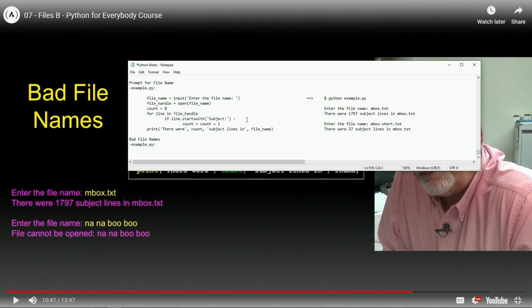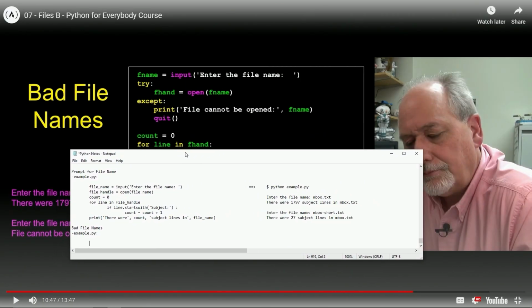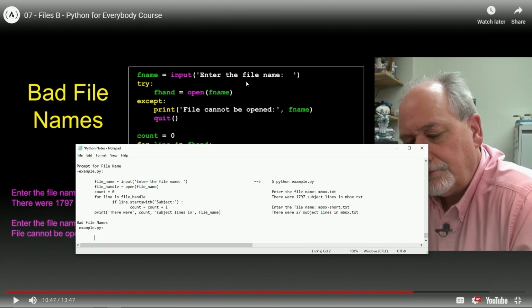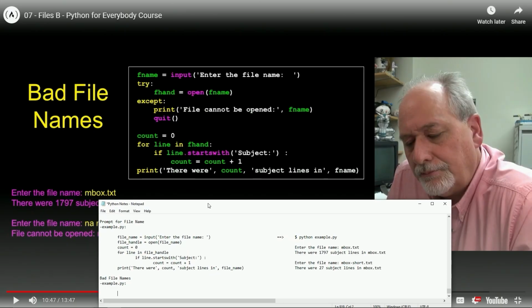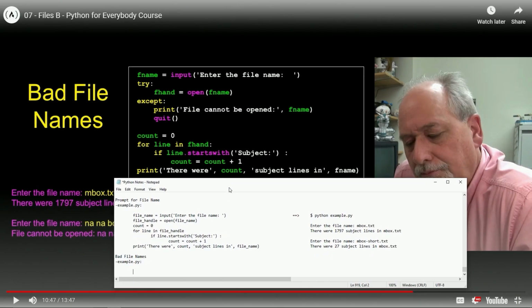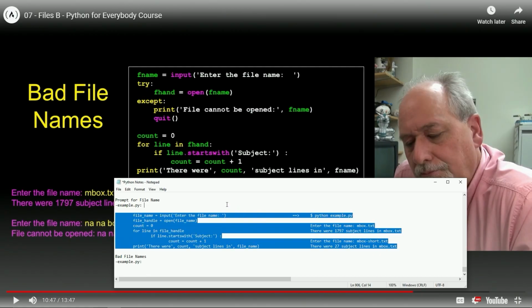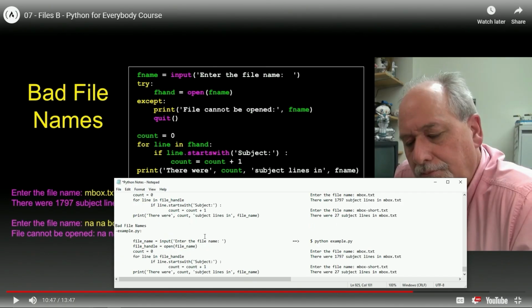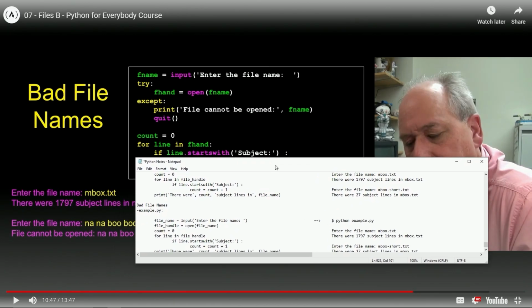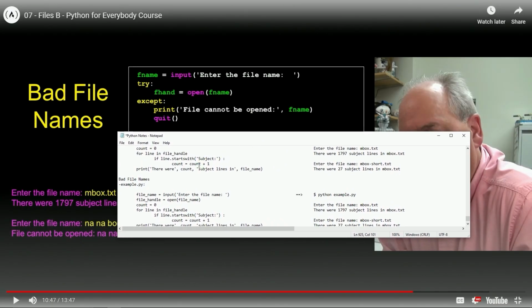All right. So what we're going to do is look at this. Okay, same thing that we got here. So all we're going to do is insert the try and except into the code we already have. So let's do this. Let's take all this. All right. And let's drop it off like this. Okay. And we'll change this stuff up when it's time to change it up over here. No, we don't need to at all, actually. All right. We'll see what we got to change it up. All right. So let's do it. Let's enter a try and except into this thing. So we're on bad file names.